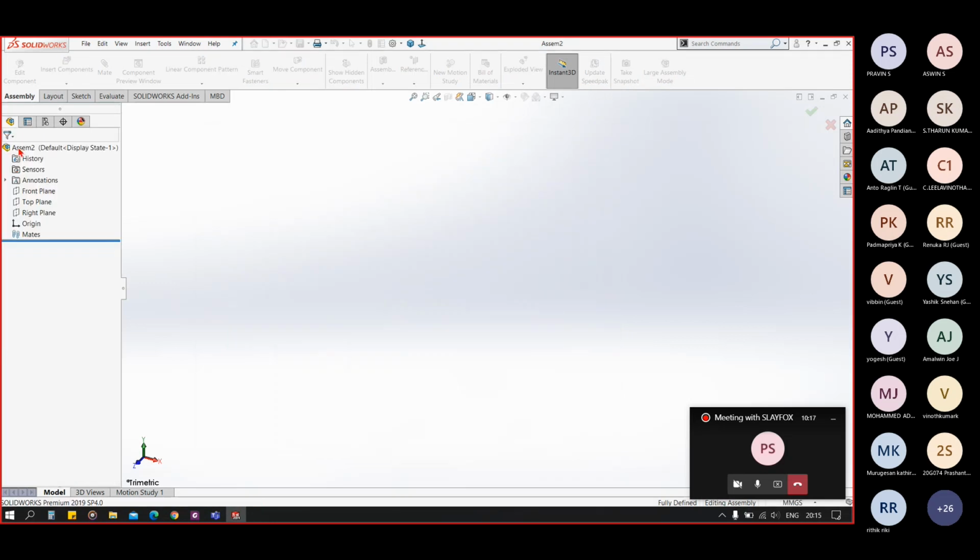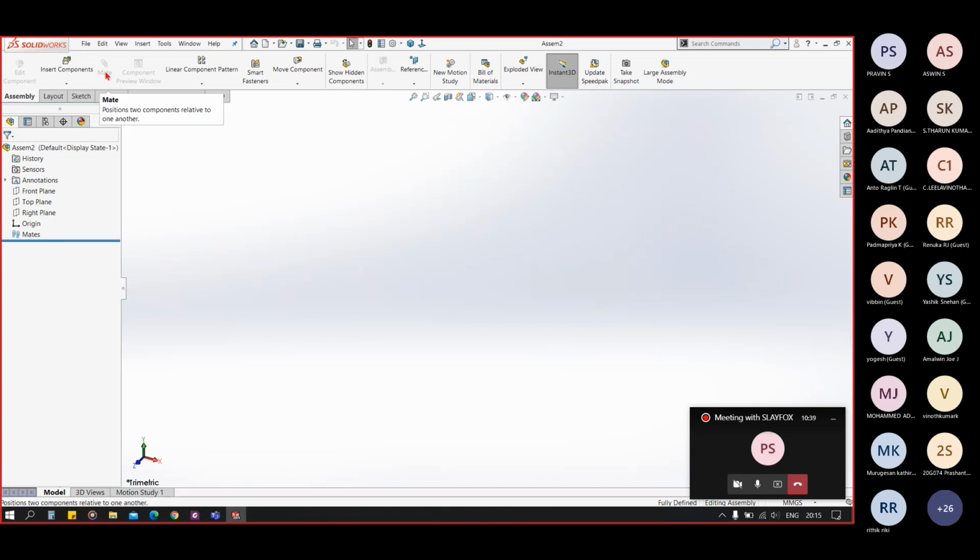Now let's see the introduction of the commands. We have this many tabs here. In the assembly tab, we have insert component. In that drop down, we can create a new part, we can create a new assembly. We have copy with mates. Second option is mate.